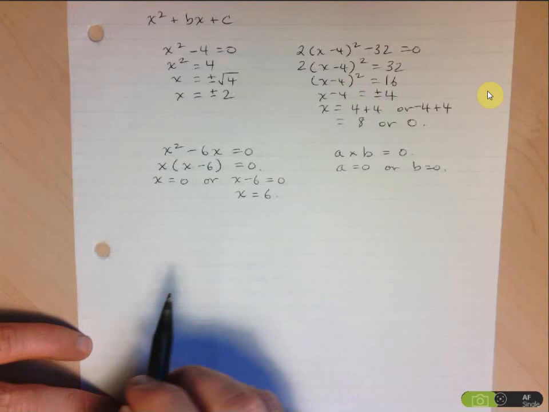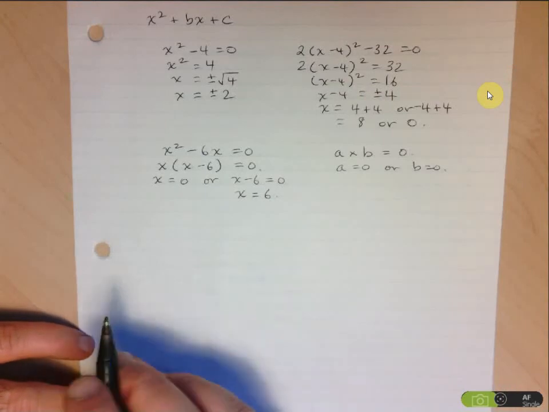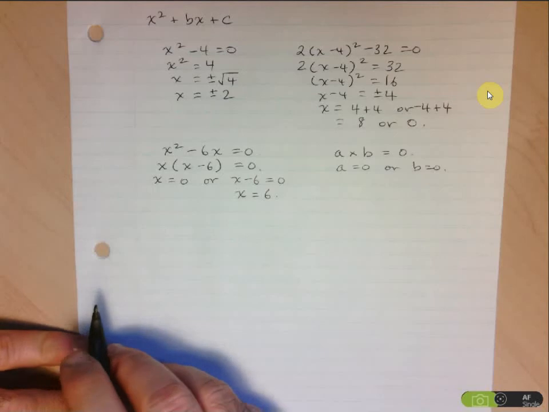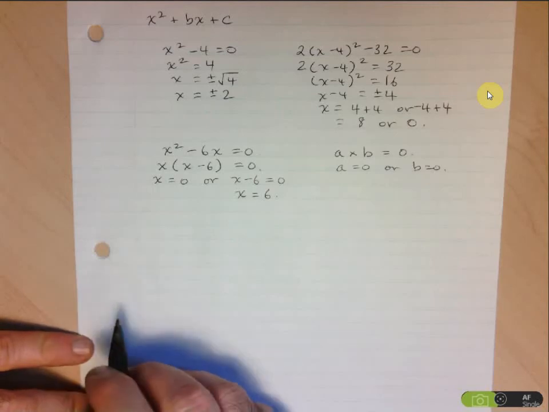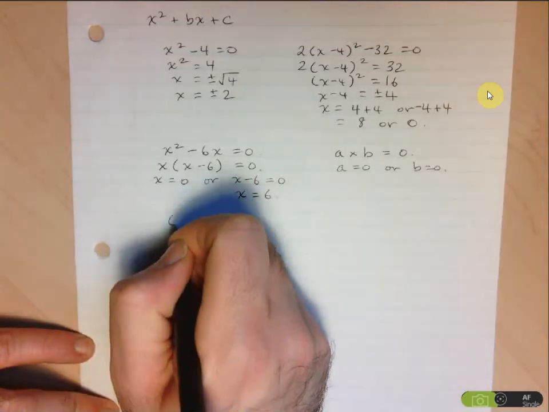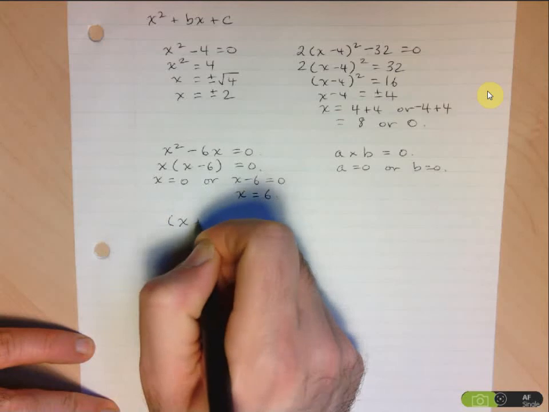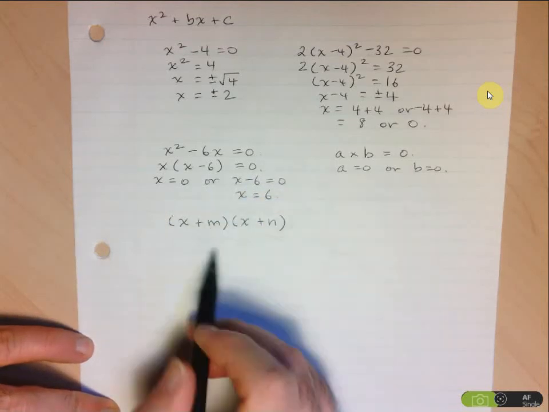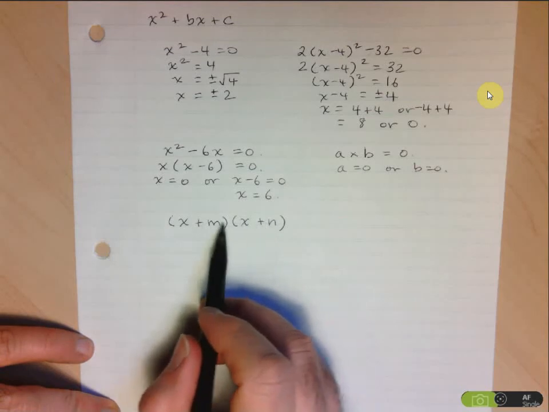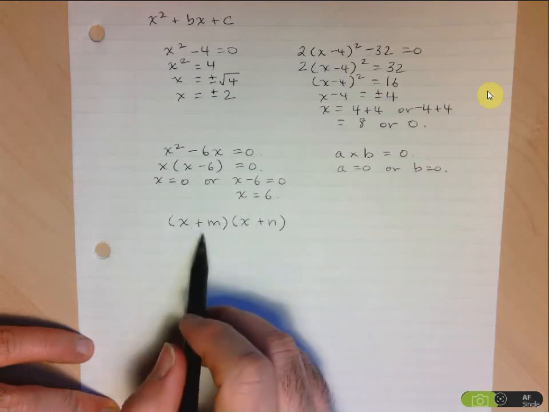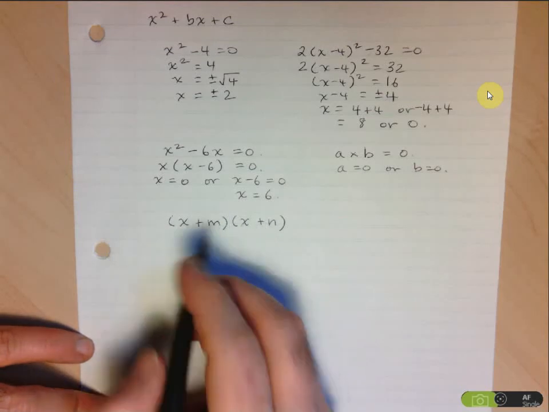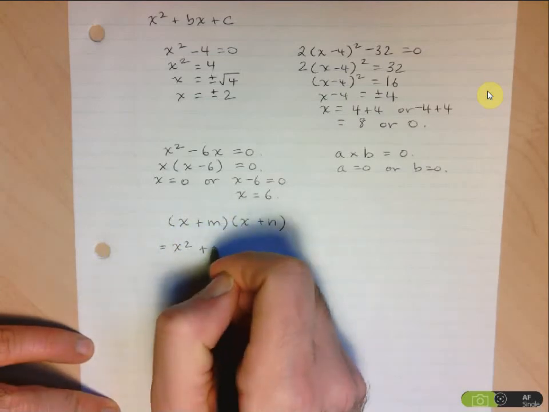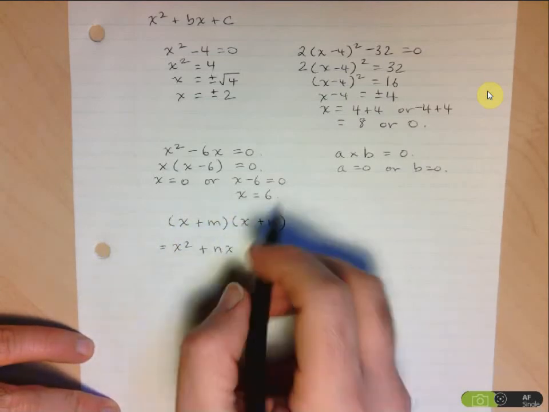So let's take a look at this. In order to come up with a rule, we always want to start with the most general of examples. And I'm going to go backwards. Let's say I have something that's already factored. Say I have x plus m times x plus n. This is what I'd like to get to. So let's see what happens when we multiply these out. Let's FOIL it. x times x, x squared. Then we have plus nx plus mx